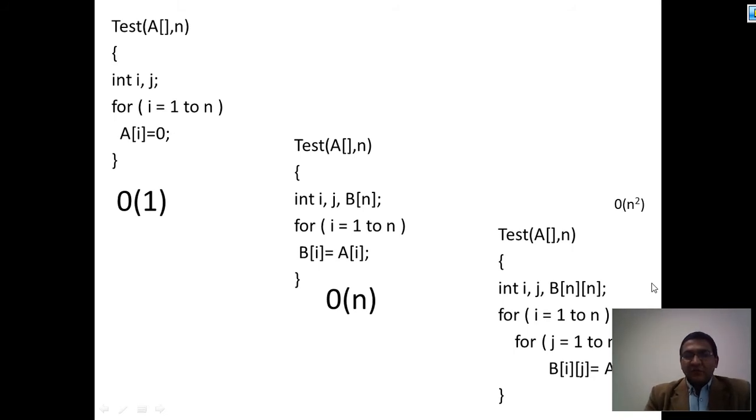So let us first understand what is the significance of the space complexity. Whenever we talk about analysis, we are always concerned about identifying the two parameters of algorithm. One is the running time, how much time it will take to execute, and the second is how much memory will be required to run the algorithm. And the second is the memory aspects, where we are interested to know how much memory is required to run the algorithm. So when I say space complexity, actually we are trying to find out how much extra memory cells will be required to run the algorithm.